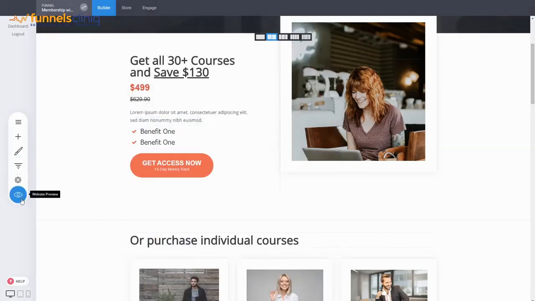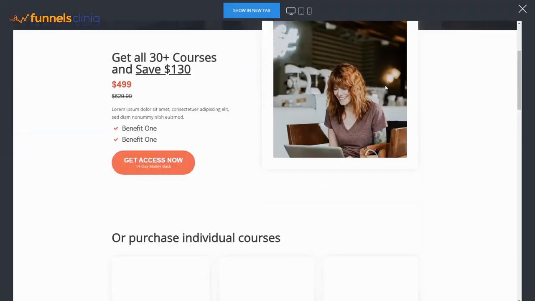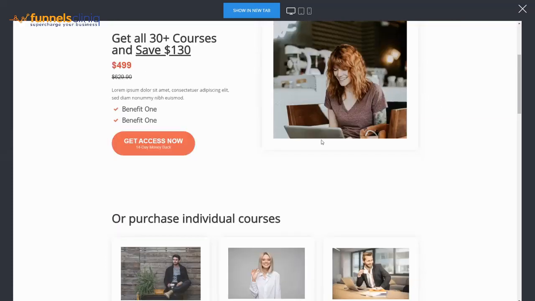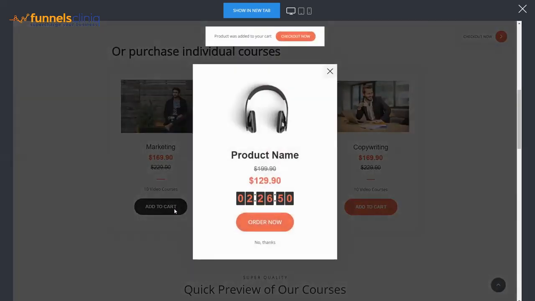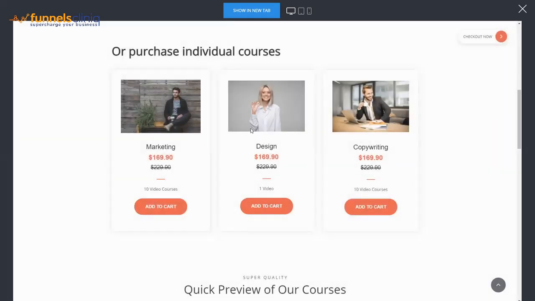Let's preview our funnel from the preview button, and we can see now information about our courses, and we can see the individual courses that we can purchase. So let's click on this one, and we add it to cart, and as you can see, we have the pop-up for the upsell right away, which we can again click to add to cart as well, or we can skip by clicking the X. So we have the design course as well, so we can click on that,